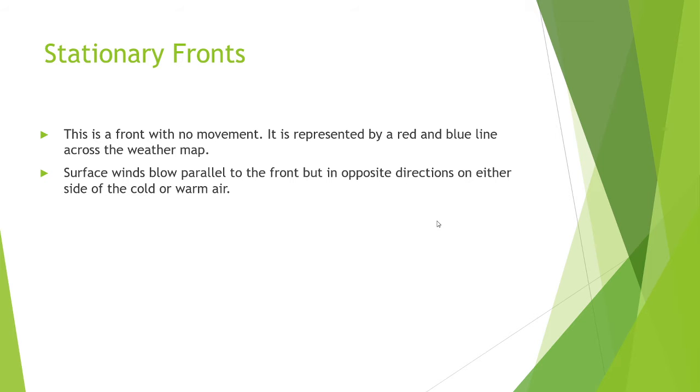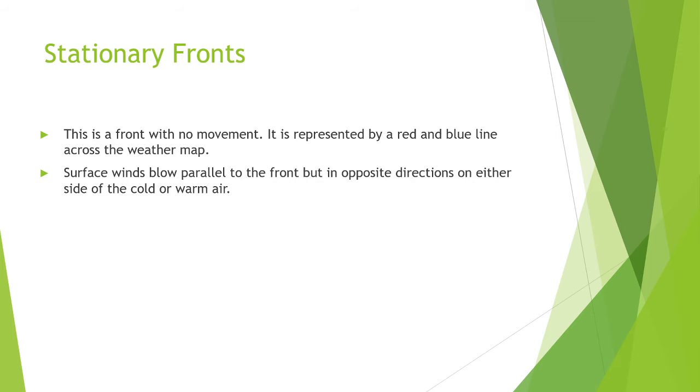A stationary front is just like it sounds. Listen, this is a front that has virtually no movement. Very much so like during hurricane season, that's coming up later on, June 1st, by the way. You have a hurricane that becomes stationary. It's not moving to the north or south or east or west quadrants or anything. It's just no movement. So it is normally represented by red and blue triangles, a line drawn across the weather map, and you're going to see this visually here in just a couple of minutes after we get past the different fronts here.